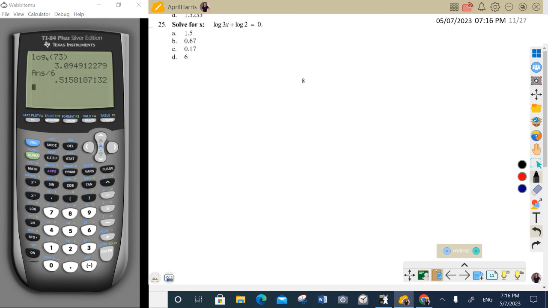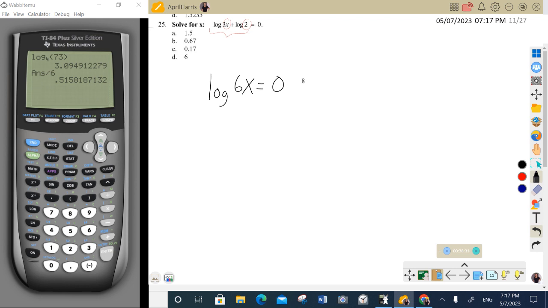Okay, 25 is solve for x. Again, you could plug your answers in, but probably just as fast to do it. You got a log plus a log. You have 2 logs that are on the same side. You want to compress that as one big happy log. So when you have a log plus a log, you multiply what's on the inside. That's called the product property. So we just went from 2 logs, we've compressed into 1 log,